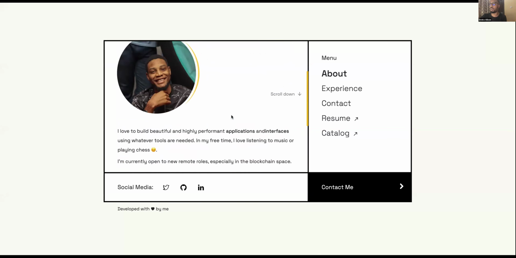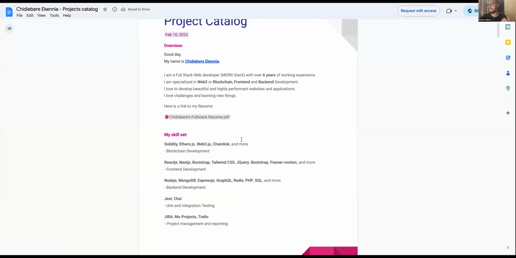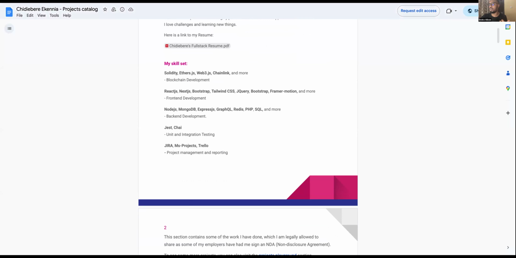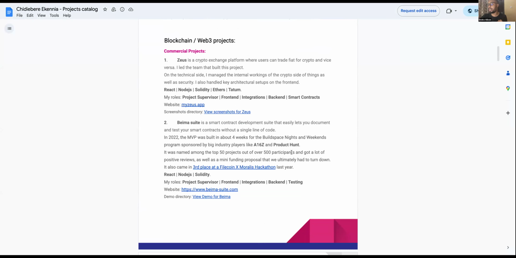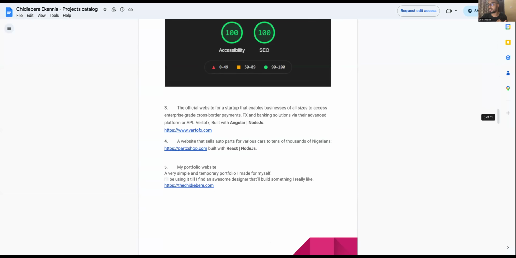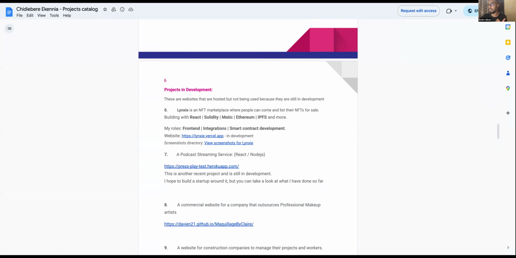His project catalog is not on the same website, unlike me. I put my project catalog on the same website I build with, but his is somewhere external. When you click on this, it takes you to the project catalog, which explains more. You can create a project catalog document, which is more detailed. You tell the story about your work and talk about what was achieved. He really goes into details, talks about the performance gains and all this other stuff, all the projects he worked on, and the ones currently in development.